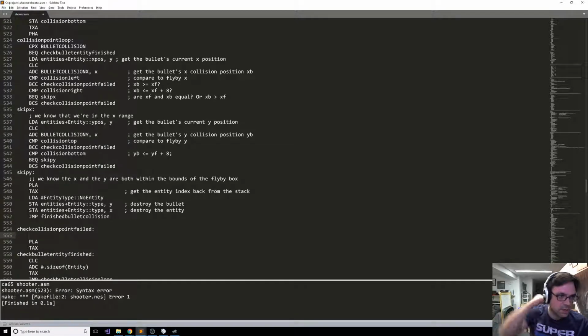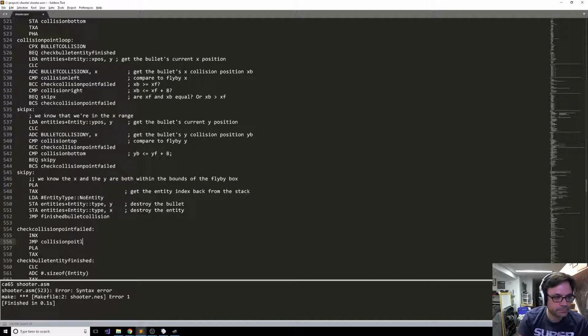What we want to do here is increment x and then jump back to collision point loop. Right, and then this should actually be check